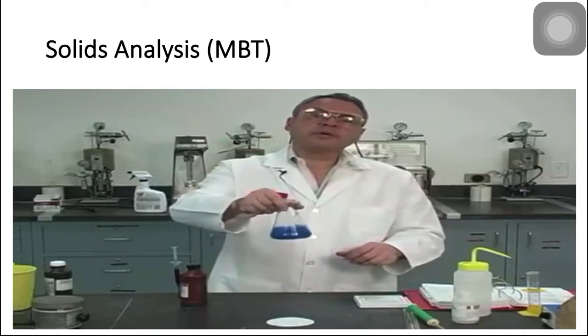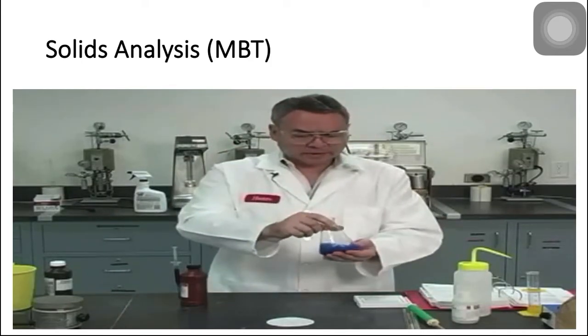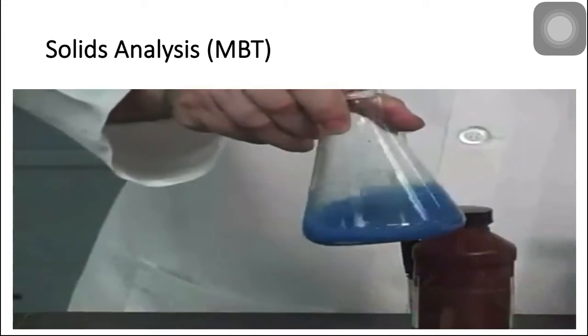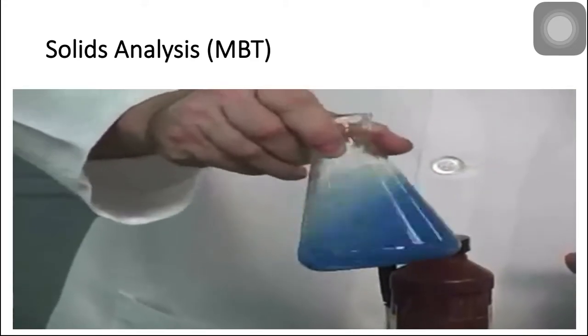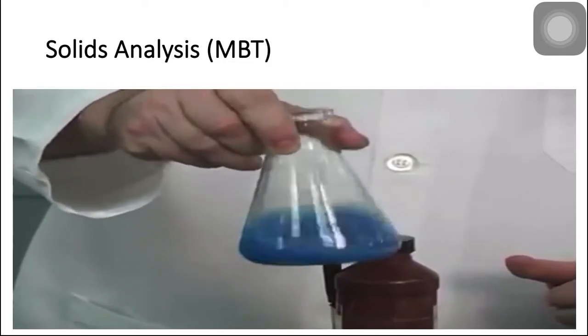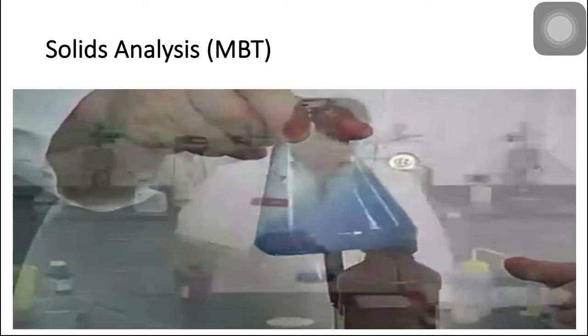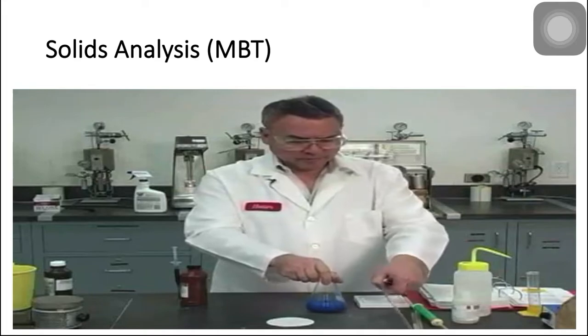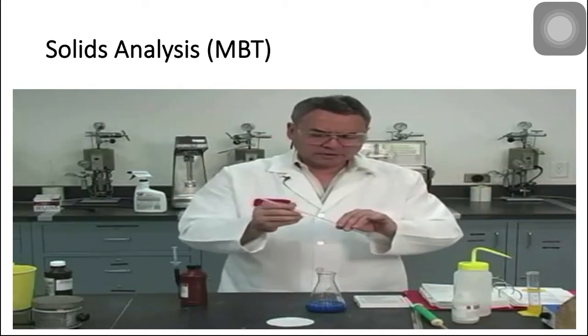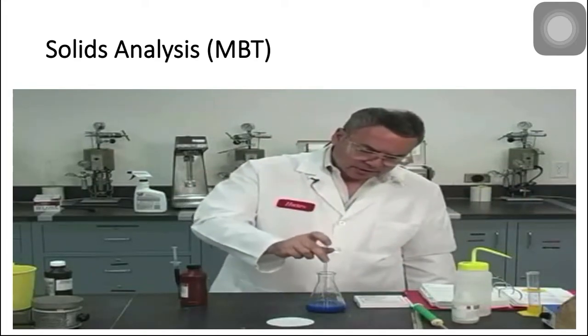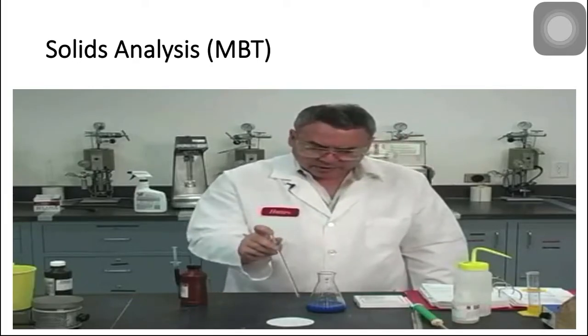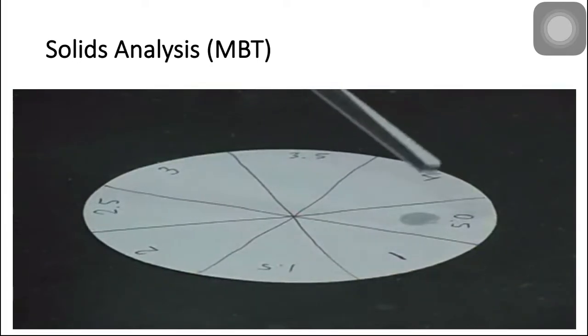Stir it for 20 seconds. And you can see that this is of a very intense blue. It's going to continue being intense as I continue increasing the concentration of methylene blue. And at the end of the 20 seconds, I'm going to grab this glass rod and just deposit 1 drop in the spot corresponding to 0.5.